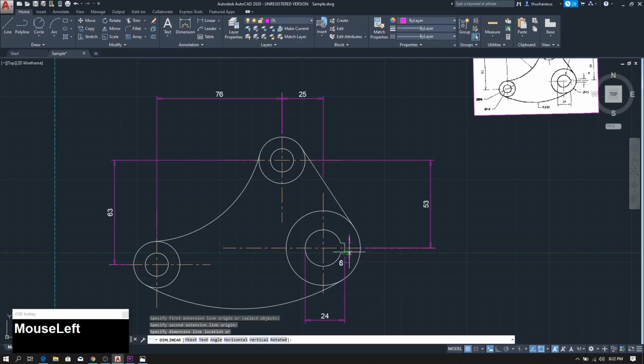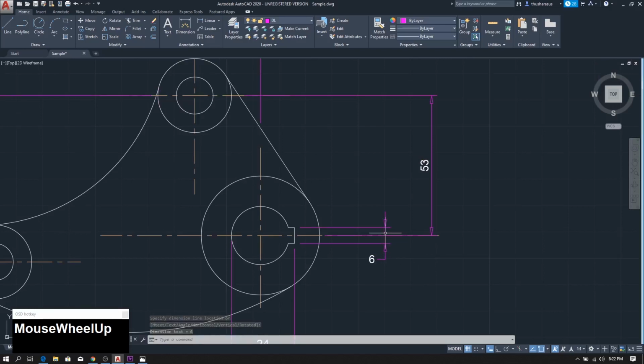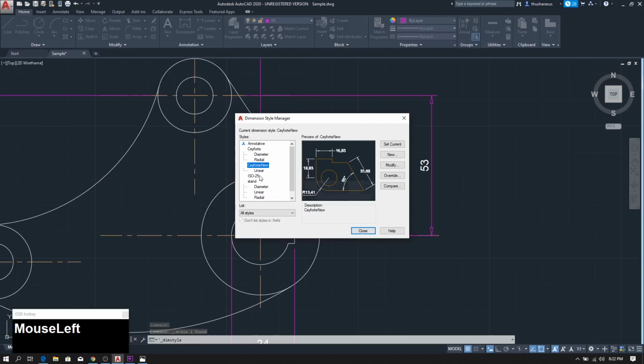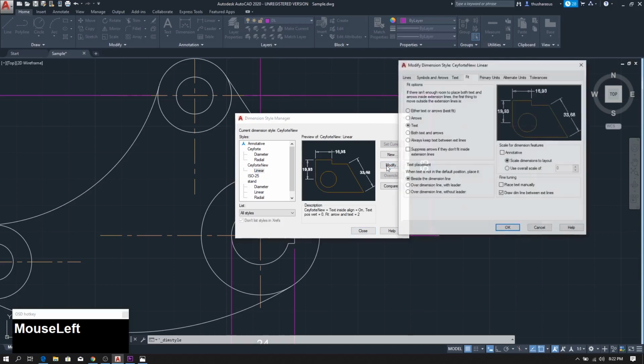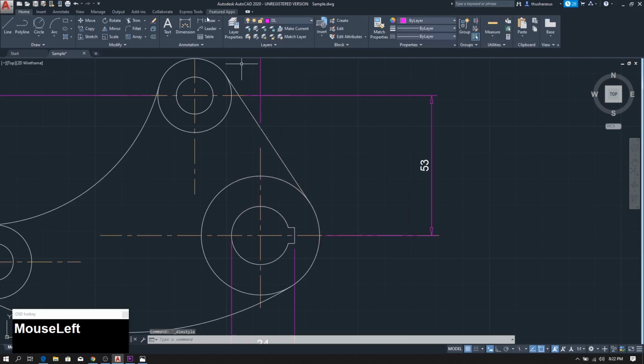Let's select these points. Yeah, we have that, but the problem is this middle line. To remove it, again go to the settings and the linear, under the Ceyforte new linear, modify, and you can uncheck this box in fit. So the settings in text, and uncheck this box, and okay. Then close. Then again set this as Ceyforte new and go to linear and draw